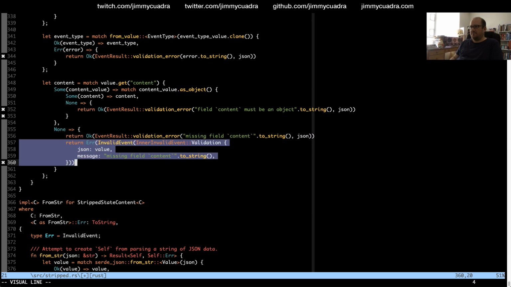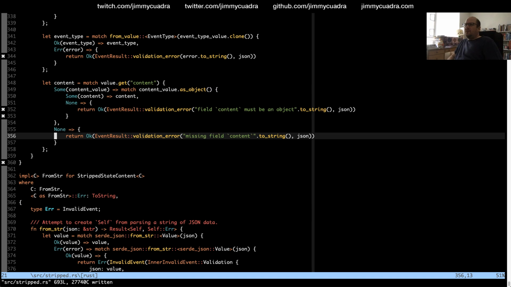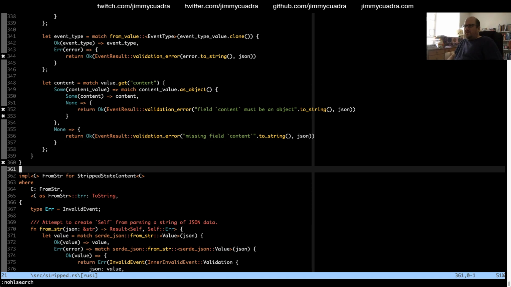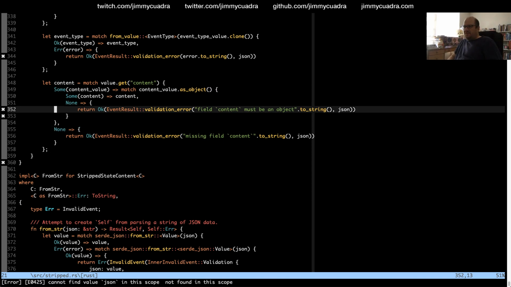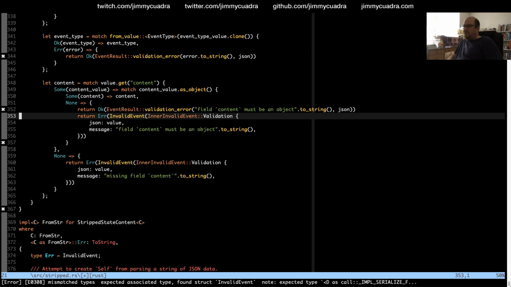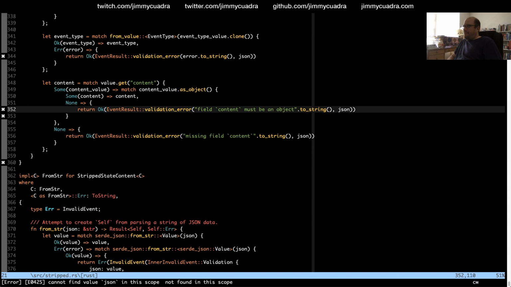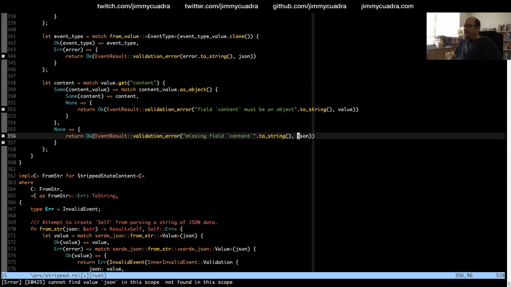I can clean this up later, because there'll be a bunch of places in the library where this can all change. Okay, so we're going to return all of the... Why is it complaining about stuff here? Cannot find JSON. Right, because it's called value.